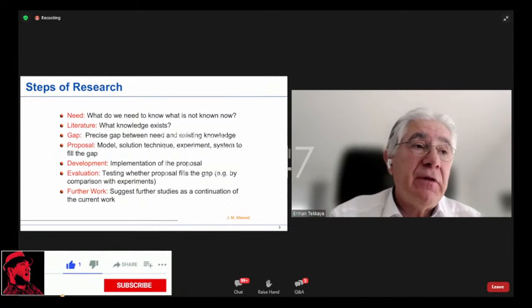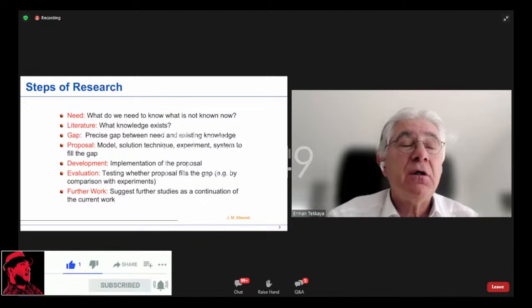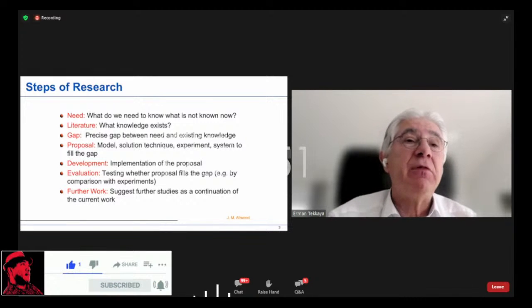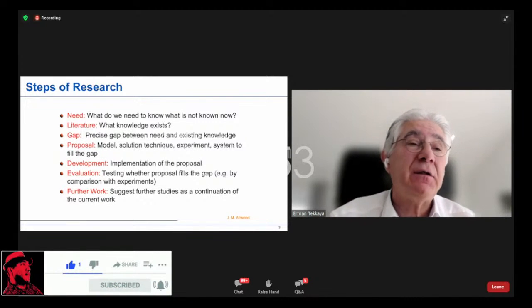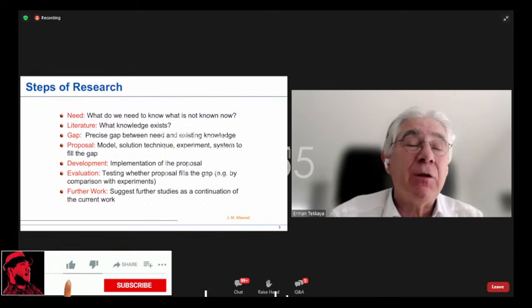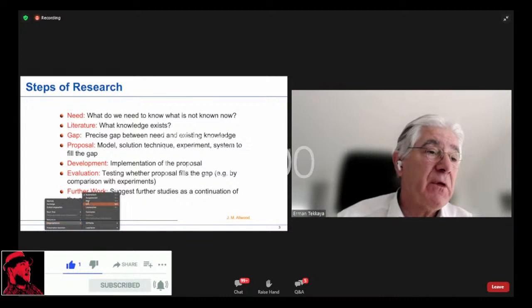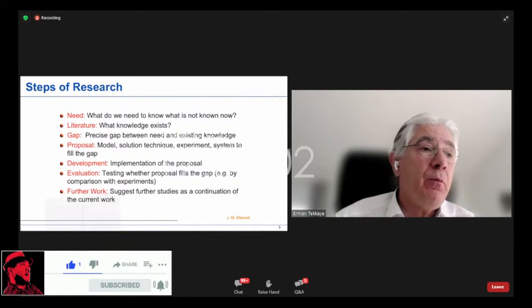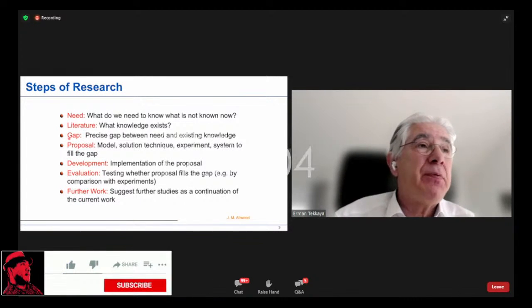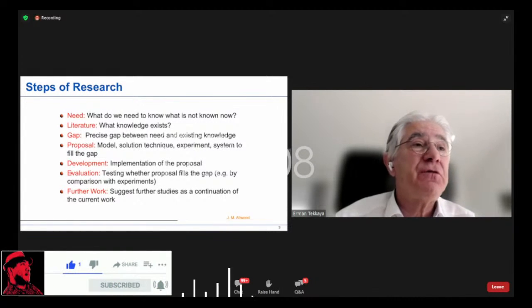And then, most important, after you have done the implementation, you have applied your method, you have to evaluate. You have to evaluate, and for that purpose, you have to go back to the gap and see whether the results you achieved